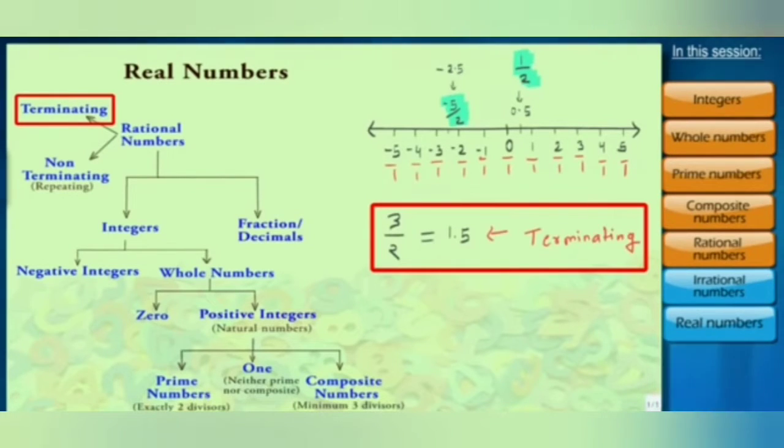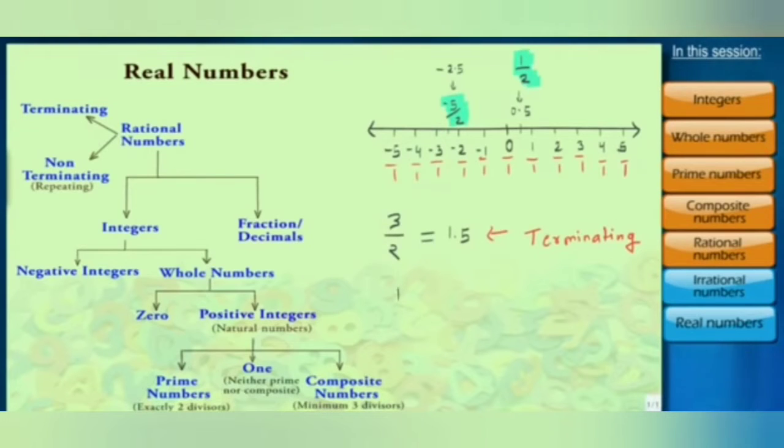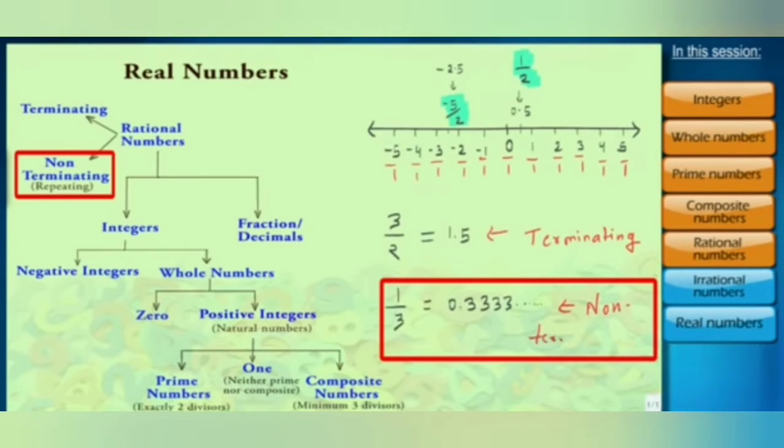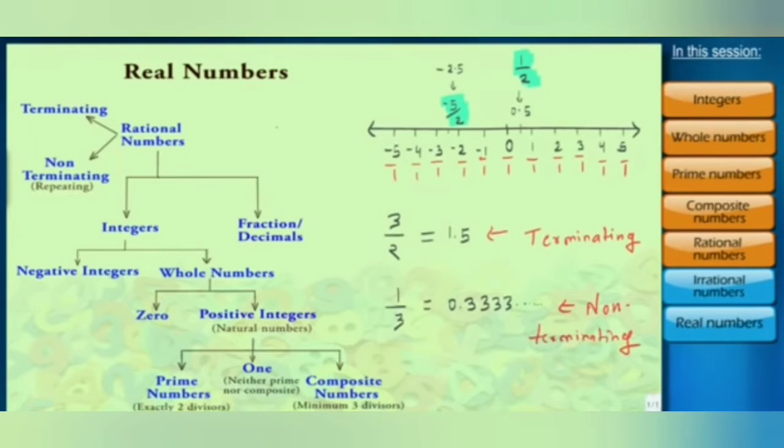So a rational number can have a terminating decimal expansion. Another example is 1 by 3. It is 0.333, the non-terminating but repeating decimal expansion. Both the terminating and non-terminating repeating decimal expansions can be represented as a rational number in the p by q form, where q is not equal to 0.